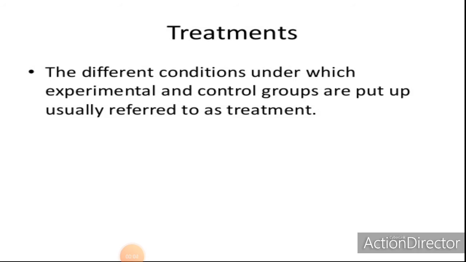Now the next term is treatment. Treatments are the different conditions which are applied in both the experimental group and control group, which is done to find out whether there are any deviations of result in control group and experimental group. So take the previous example. The two groups are there, A and B. A group gets special coaching for attending the examination. B group does not get the special coaching. So here providing special coaching to one group is the treatment. While providing such treatment, the researcher identifies whether there is any deviation between the results of both groups.